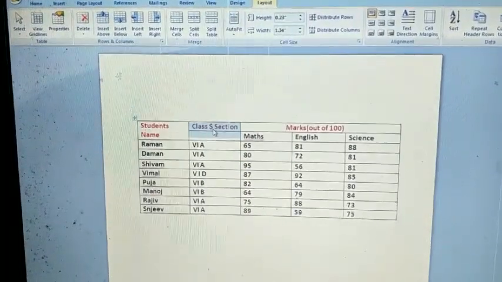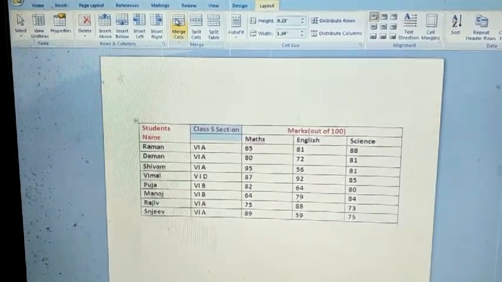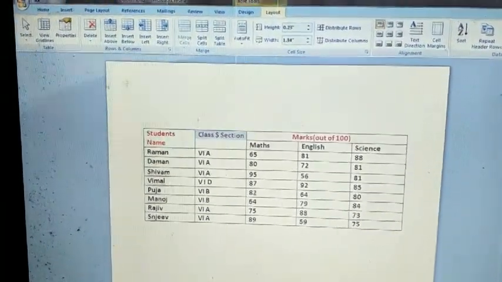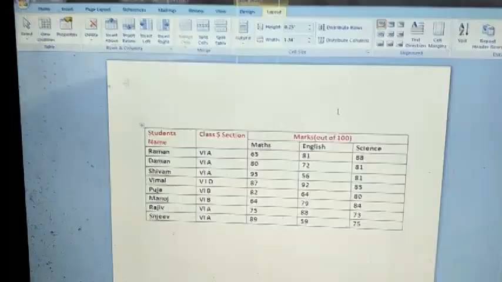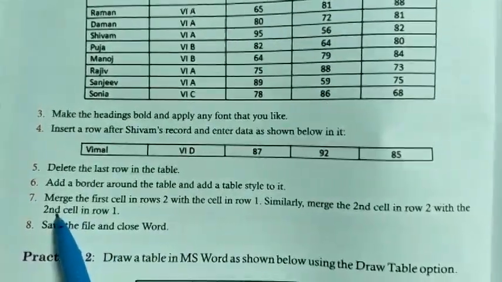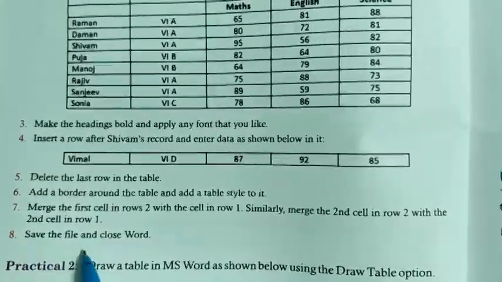After that click on the merge cell option, then it will be merged. So point number 7 is done, and the last one: save the file and close Word.